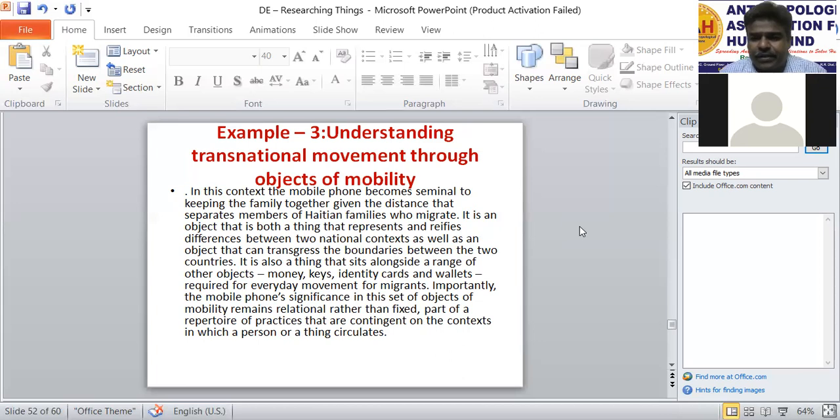Let me repeat this statement. It is an object. In this context, the mobile phone becomes seminal to keeping the family together, given the distance that separates members of Haitian families who migrate. It is an object that is both a thing that represents and a reflection of